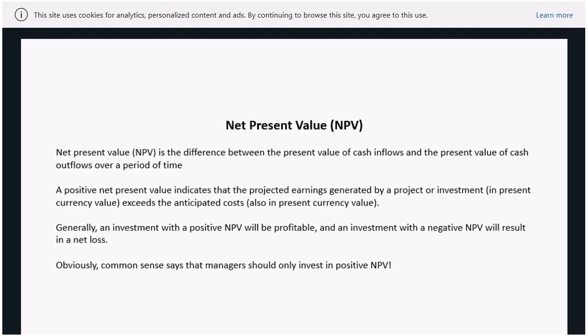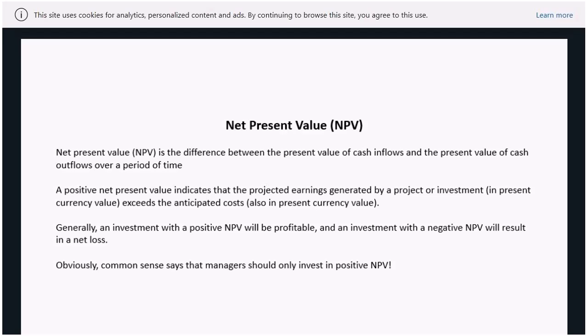So net present value looks at whether a project is going to be profitable for the company or not. And the reason they introduce it in the context of this session is because it's very relevant to agency costs. If you're an agent for the company, which means a manager or a director, you really should be investing in positive net present value projects because they're the only ones that are going to add value to the business. That's simply all it is. There's nothing mystical about net present value.